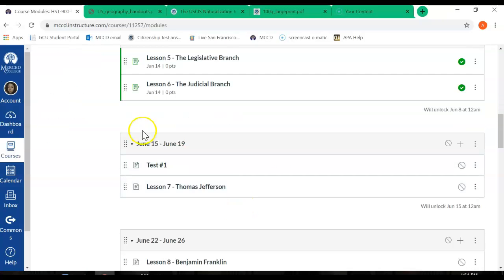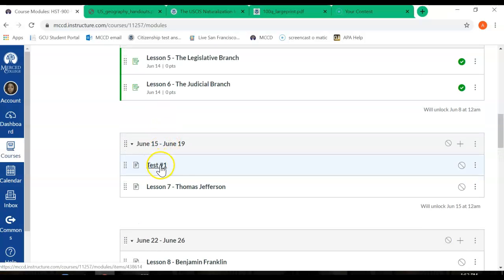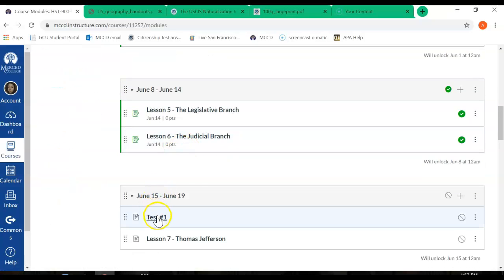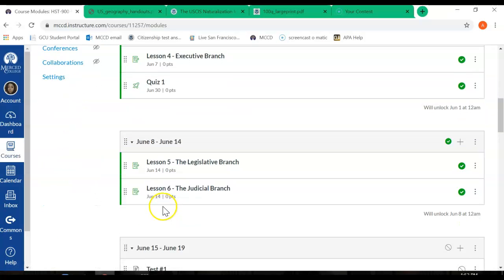You are not able to access this one yet because I have not published it, but during the week of the 15th will be the first test. So that will be weeks like that where we have a test. We will only have 1 lesson. It will include everything that we have covered so far. So let's say for this test number 1, it will include information from lesson 1, lesson 2, 3, 4, 5,